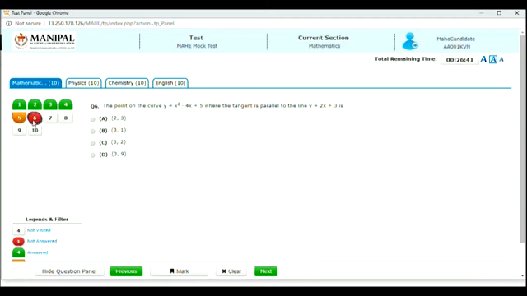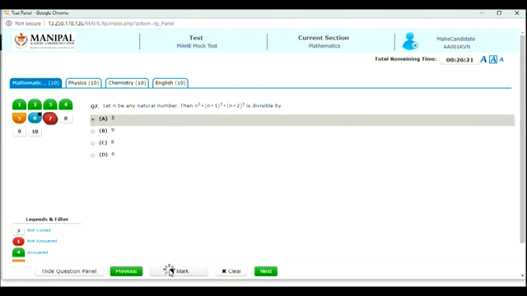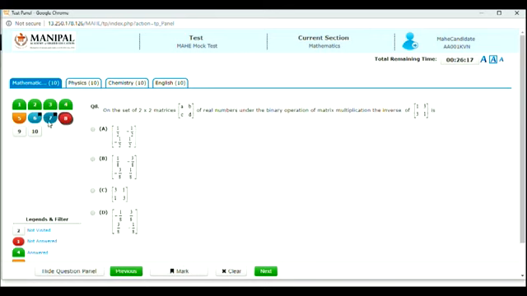After going through the question, if you answer the question by selecting an option and think that it is to be reviewed at a later stage, click on Mark. On clicking, the question number will be highlighted in blue color. After final submission, all such questions marked for review will be taken as answered, with 4 marks awarded for a right answer and -1 awarded for a wrong answer.